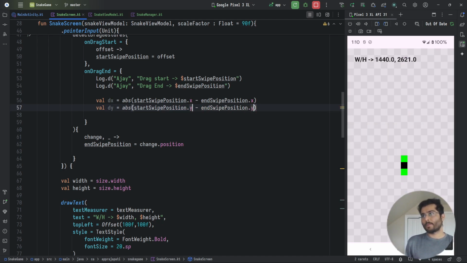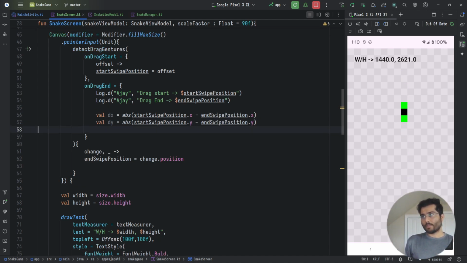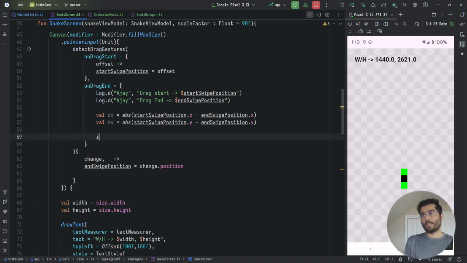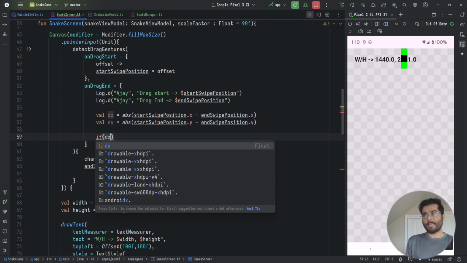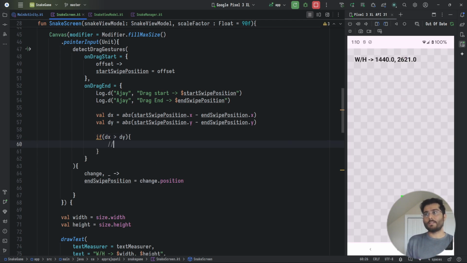Okay, so now we have the delta difference between the two. If dx is greater than dy, then we know this is horizontal swipe or drag, I don't know, in Jetpack Compose it's different, but we can just call it swipe. Okay, else